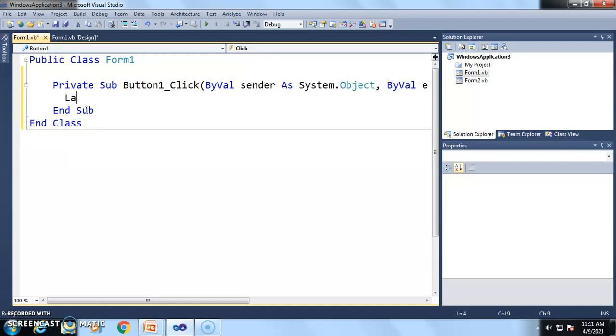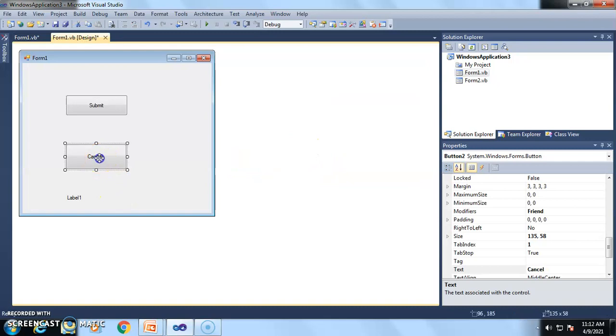So we write label1 dot text is equal to, we give the message in double quotation, the submit button is clicked. Now then we click cancel button.